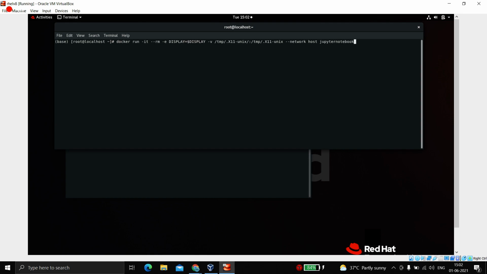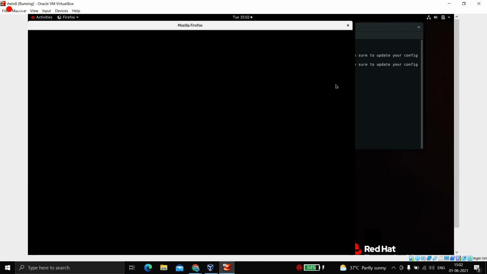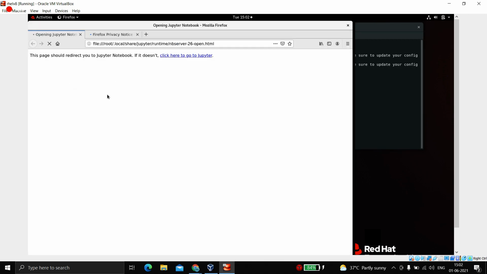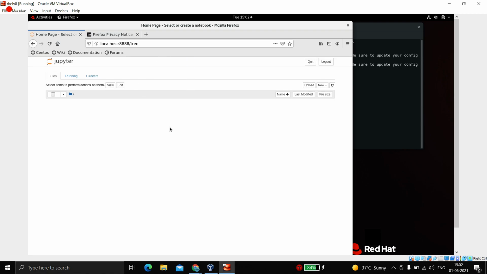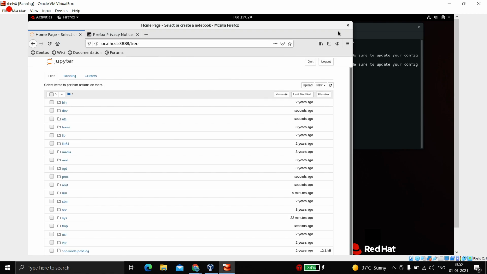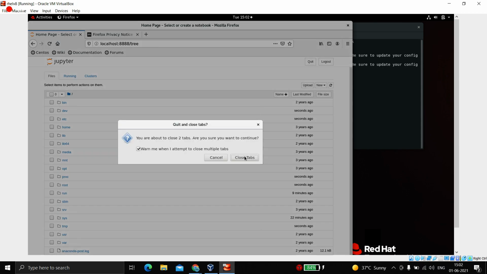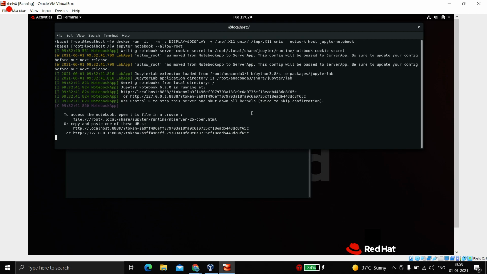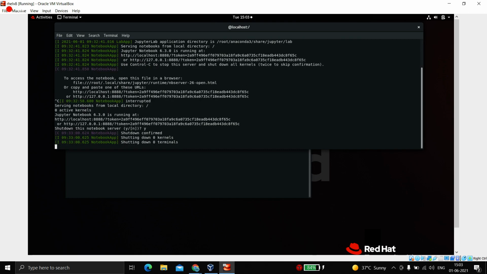So just for checking, I'll use tab. Yeah, so this is the name, and if I run it, I'll get a shell, and you know that it would be the same shell because we are sharing resources. And I'll run the same command, Jupyter notebook and allow root, and we will see that from the container we have the Jupyter notebook started, and we can use this GUI which is actually in a container. So this is how you can make your own container which can launch GUI applications.